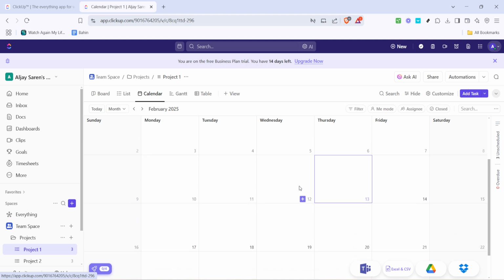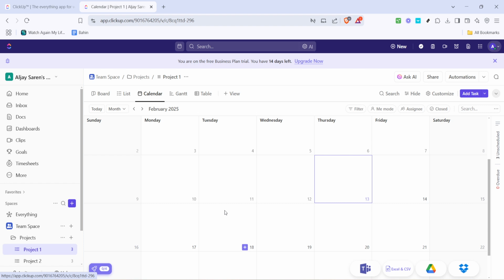You can also click on each task to open up a more detailed view where you can add notes or edit information as required. For new tasks, simply click on any empty date and you'll be prompted to create and customize tasks directly from the calendar view. This ease and flexibility let you keep on top of everything without feeling overwhelmed.